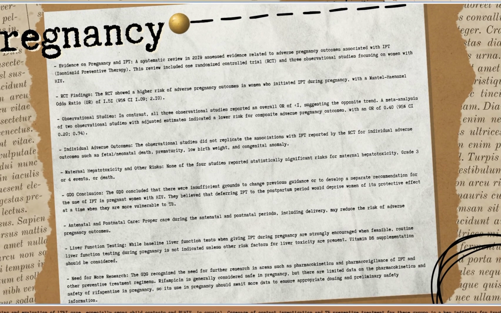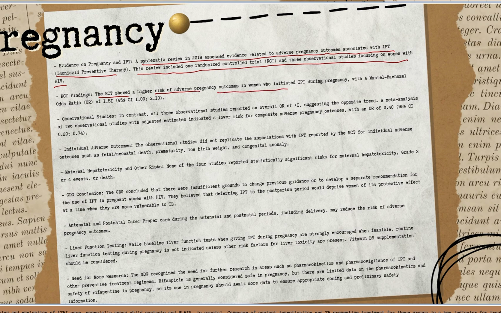Pregnancy. Evidence on pregnancy in IPT. A systematic review in 2019 assessed evidence related to adverse pregnancy outcome associated with IPT, isoniazid preventive therapy. This review included one randomized controlled trial and 3 observational studies focusing on women with HIV. RCT findings. The RCT showed a higher risk of adverse pregnancy outcome in women who initiated IPT during pregnancy